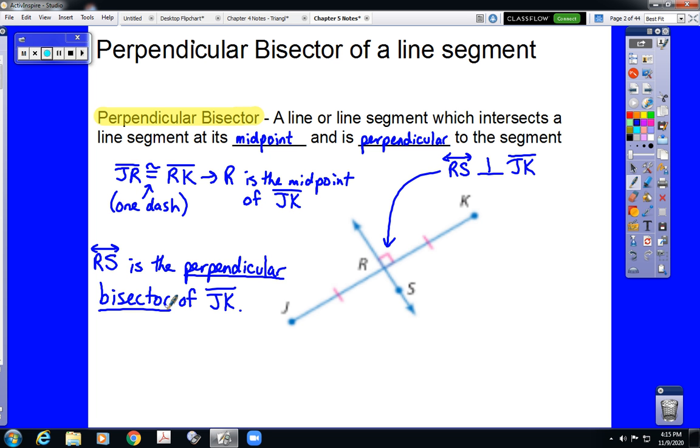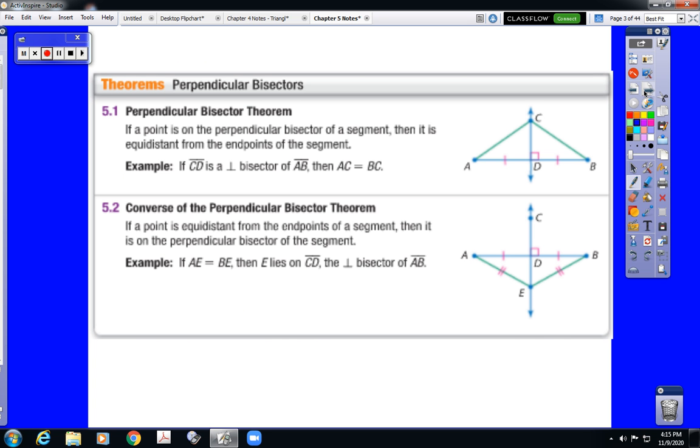Now perpendicular bisectors have a special property. That special property is going to come to us in the form of the perpendicular bisector theorem. Now that theorem reads, if a point is on the perpendicular bisector of a line segment, then it is equidistant from the endpoints of the segment. So in this picture, we have CD clearly indicated as being the perpendicular bisector of AB. Again, it has that perpendicular mark, boxy, indicating that there's a 90-degree angle between line CD and segment AB. And we have the congruence markings indicating that AD and DB are congruent, meaning that D is the midpoint and